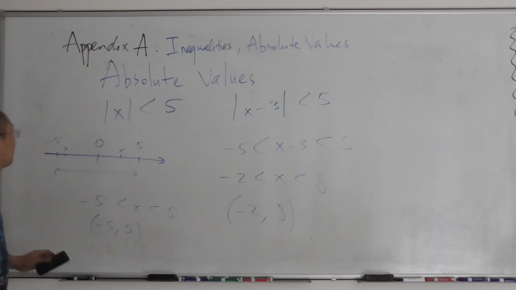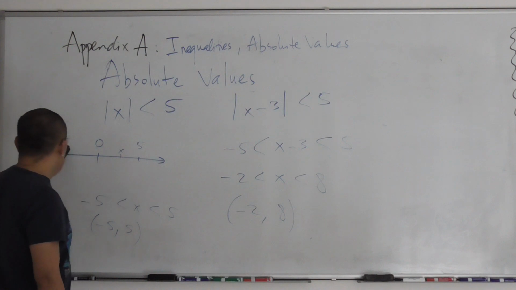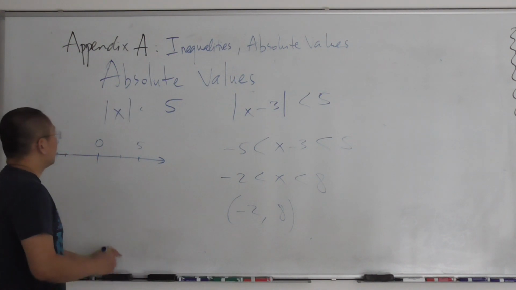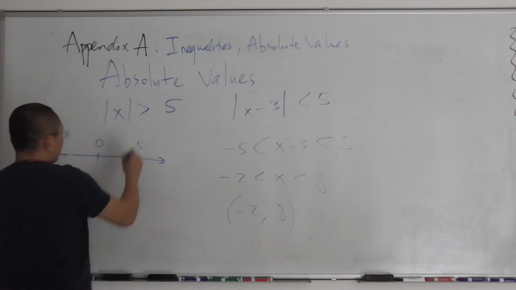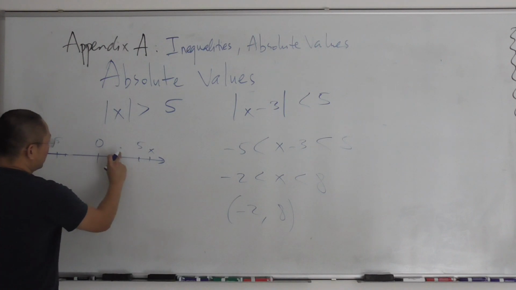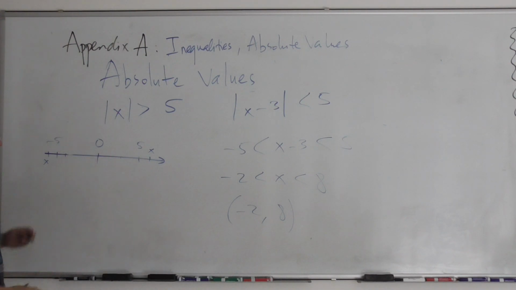And the second type of inequality is greater than. Okay? So let me change that. This is, say, greater than 5. Where can x be? x is going to be either right here, and the distance from x to the origin is going to be greater than 5. Or x will be on this side as well, and greater than 5, because x is negative 6 or negative 7. The distance is also greater than 5. Now that we have two inequalities separately,